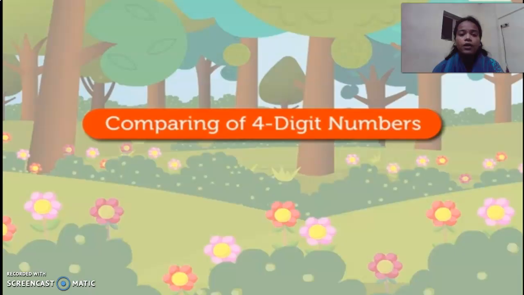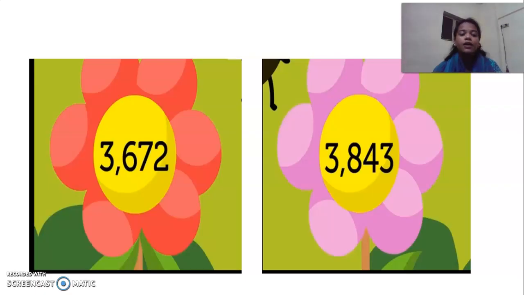To compare 2 or more 4-digit numbers, first look at the thousand place, then hundreds place, then tens place, and lastly the ones place or units place. Let us understand with the example that is there on your screen. On my left side, try to read the number. Yes, it is